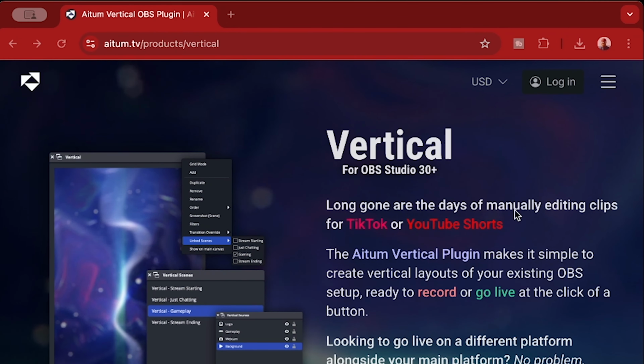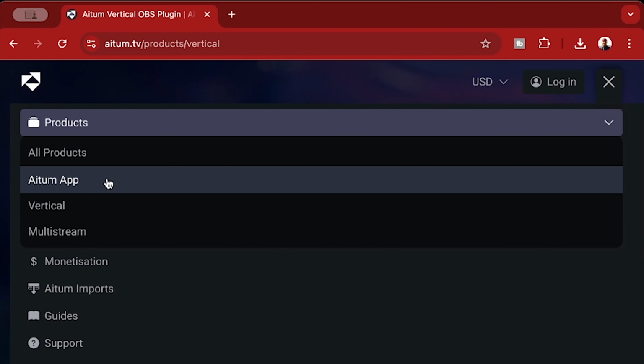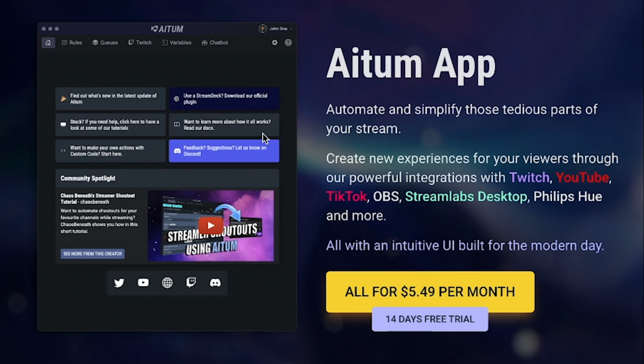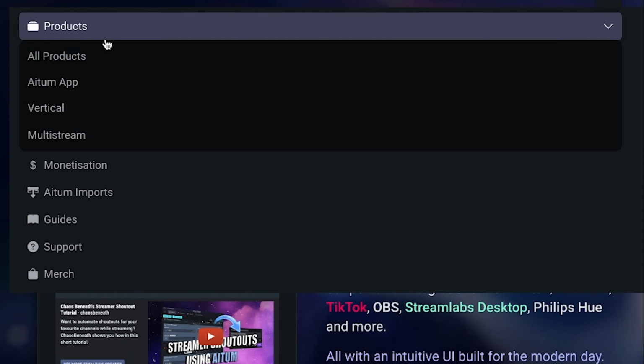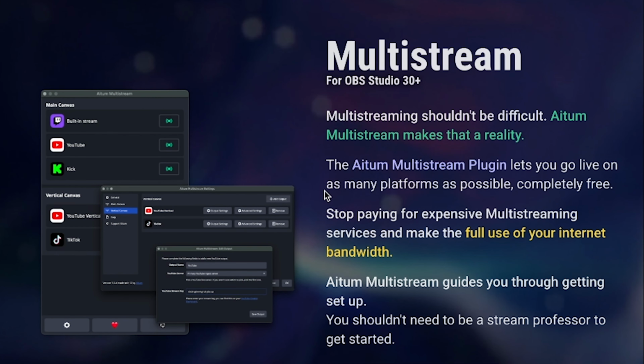So this is Aitum.tv. They have multiple different products. They have the Aitum app, which allows you to integrate with all of the streaming platforms. They have a chat bot, you can add variables, etc. They also have multi-stream. So if you're paying for a multi-stream service, you can quit doing that right now. You can download Aitum's multi-stream platform and stream to as many platforms as you want at zero cost, which is pretty cool. But today we're going to talk about